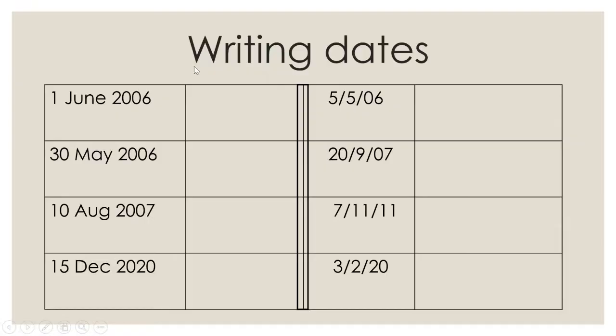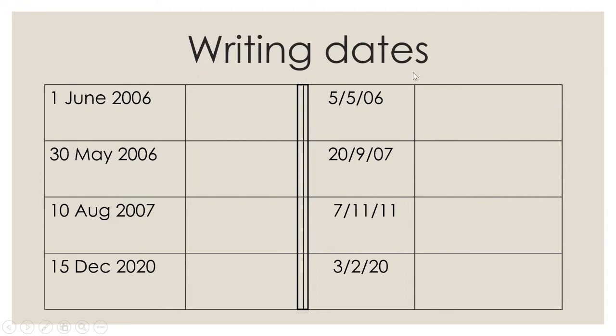Also, we will learn how we write dates, the style of writing dates. And one more thing which we are going to learn is, whenever we go out to buy a product, we see the expiry date. So we should know when the product is getting expired and whether we will be able to use that product before the expiry date or not. So all these things we are going to learn in this video with the help of our PowerPoint presentation.